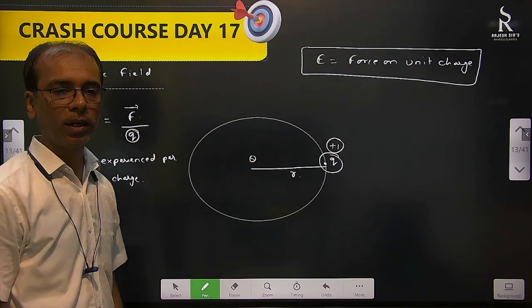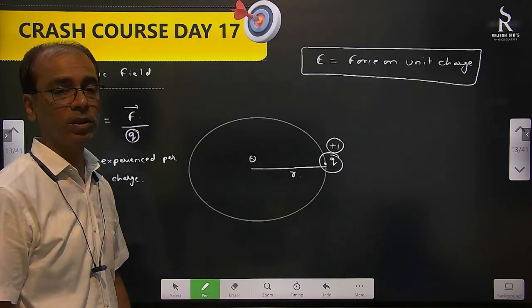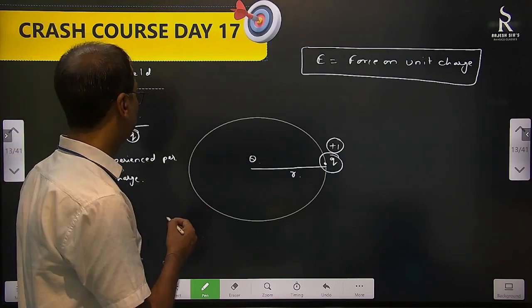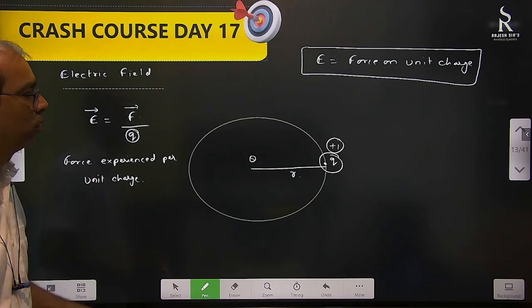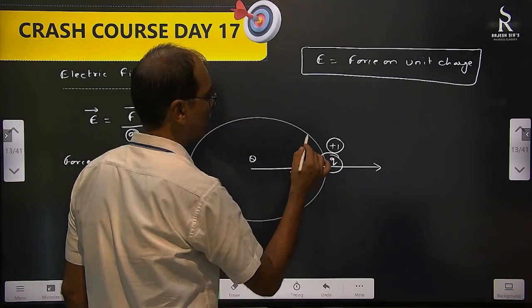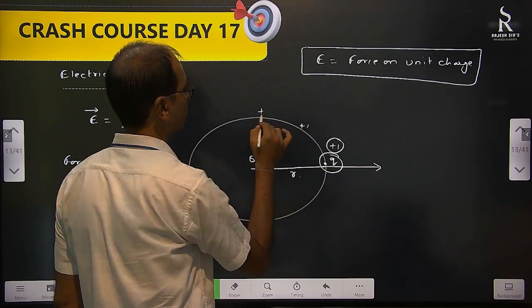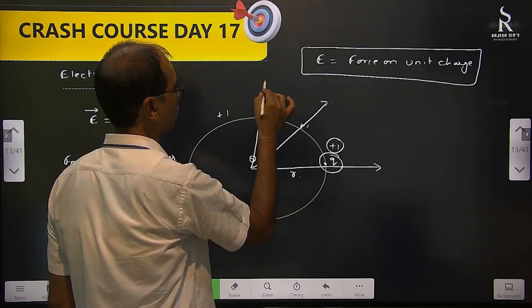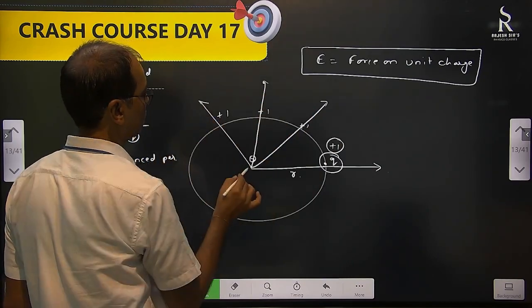And how do we show the direction? Direction of electric field we show with electric lines. At the moment, what is the direction? We said that it has the same direction as that of the force. On this Q charge, it's a repulsion force. So keep positive 1 everywhere and see how it is. We will say that here also repulsion, here also repulsion, here also repulsion.